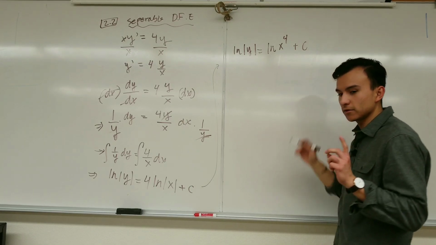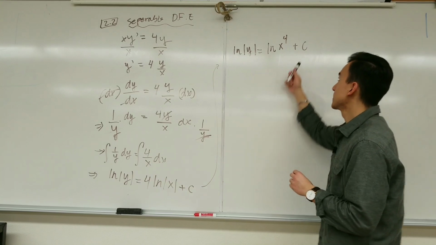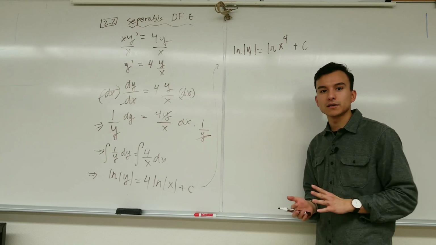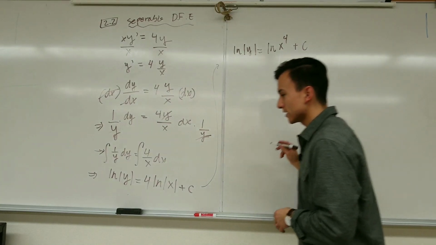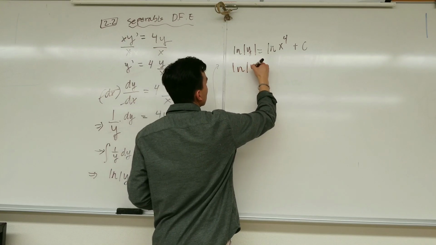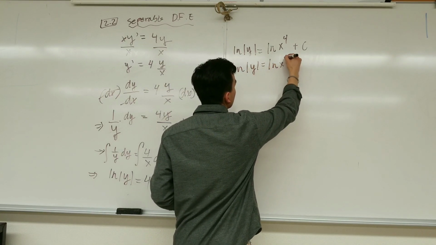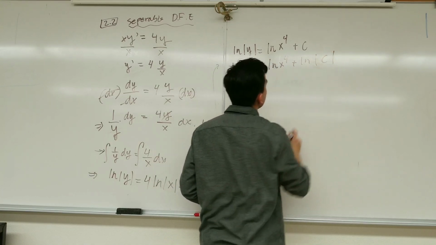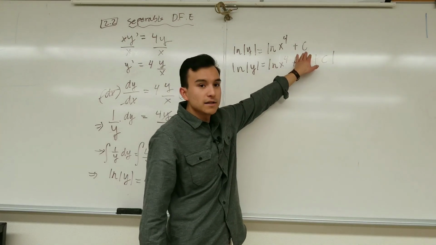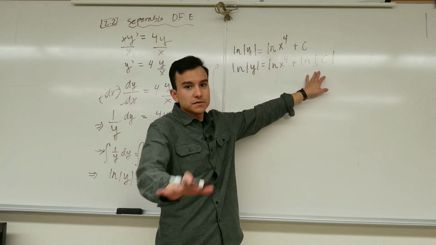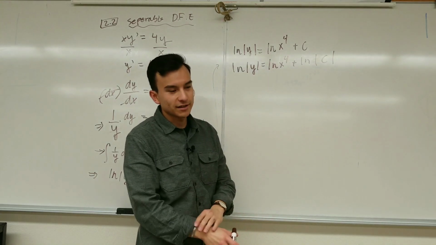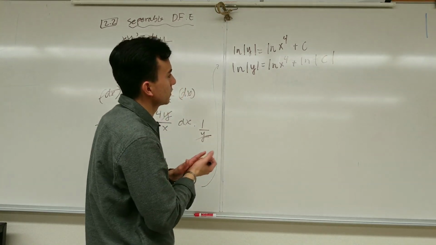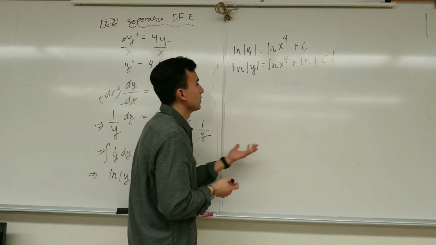Right? And now, something pretty important is that this c, like we said before, could be any number because it's not unique. So what we can say is this. So this is any number. This is any number because it could be any number. It's not unique, like I said. Now, it can be a little clearer as to what we're trying to do. According to our log rules again,